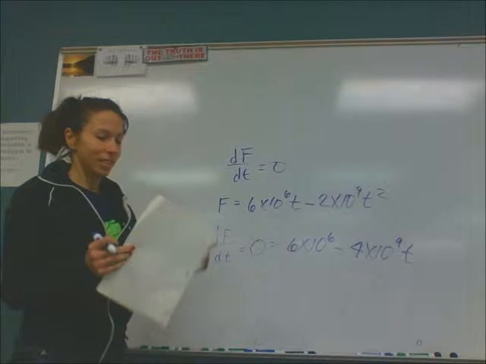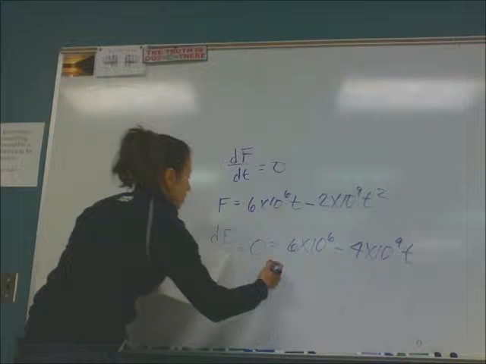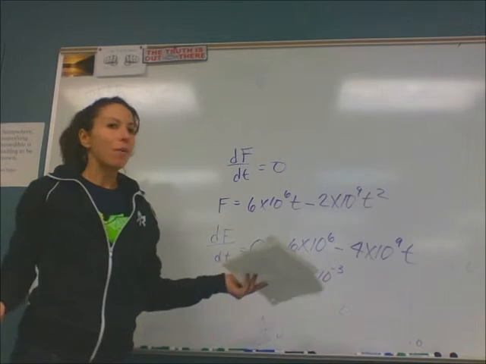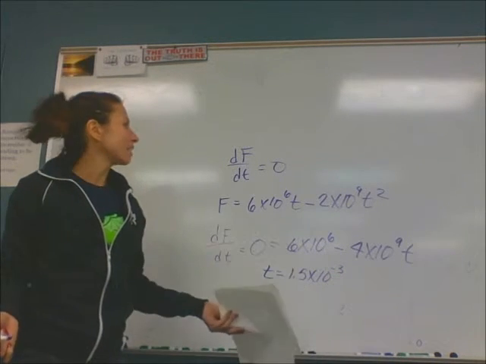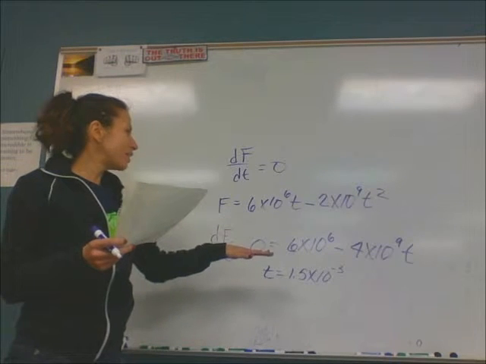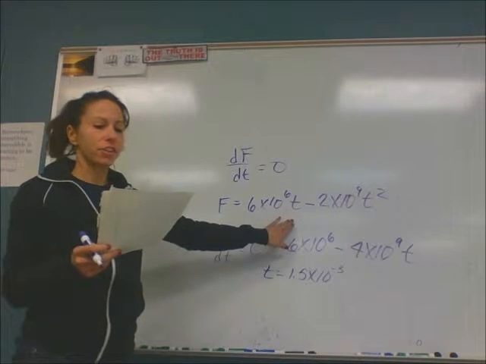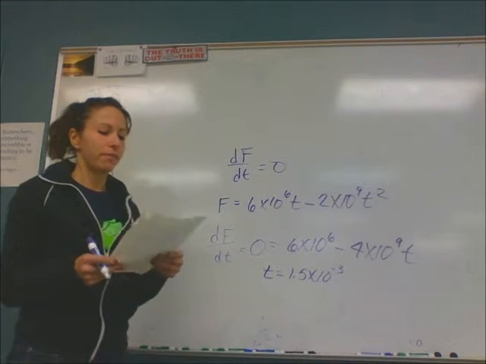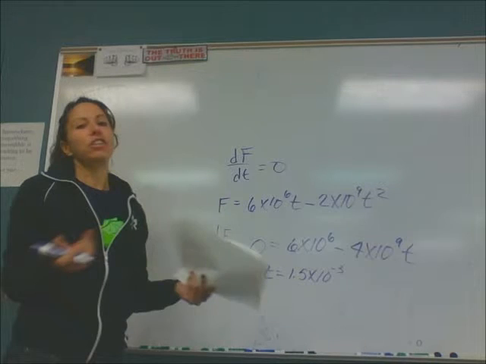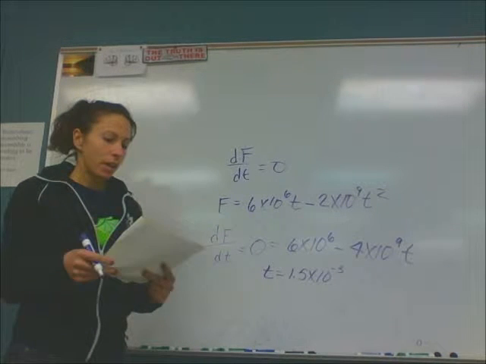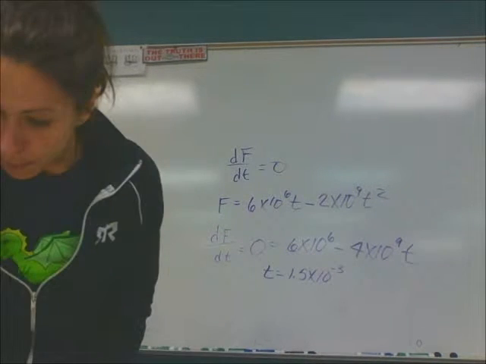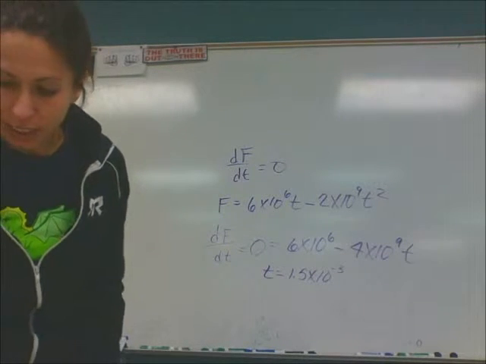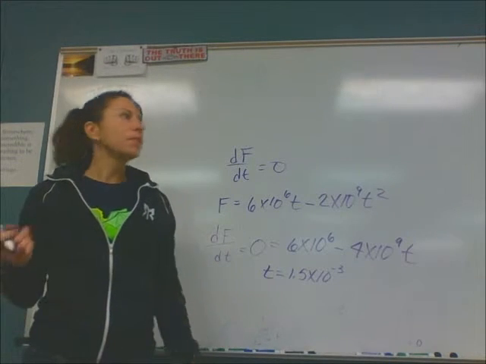And then the last part of the question says what is the ball's velocity immediately after it loses contact with the player's foot? Well, the impulse, or the change in momentum that we found, was 9. That means 9 is equal to mv final minus mv initial, where the initial velocity was 0. So 9 is equal to the mass of the ball, 0.45, times the final velocity. So the final velocity is 20.